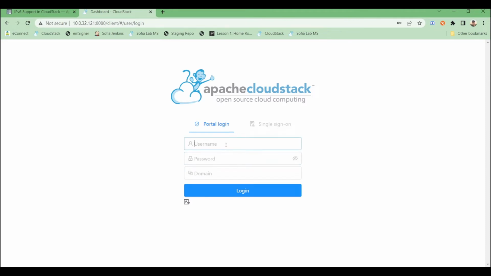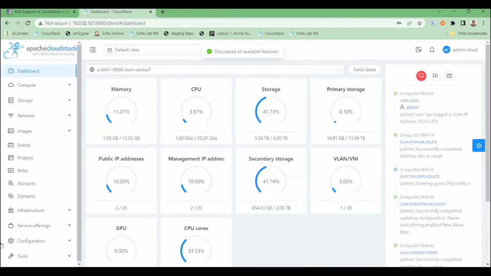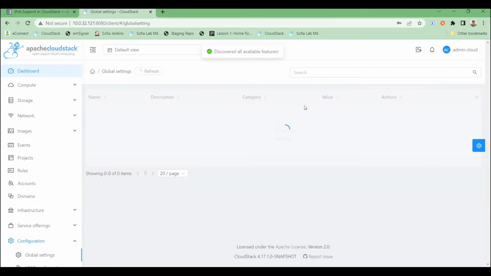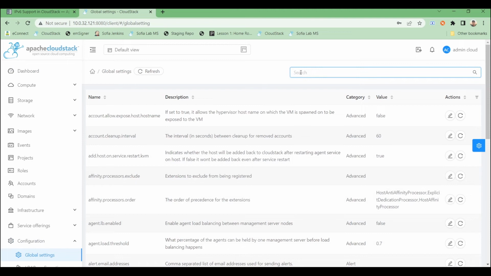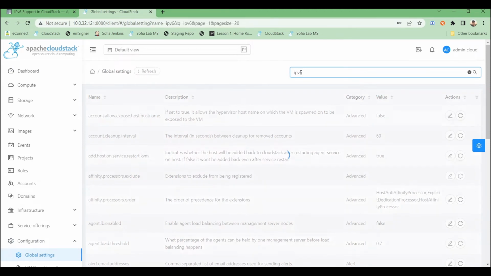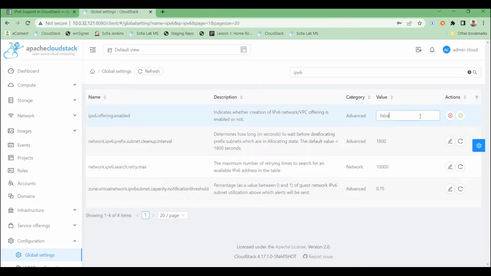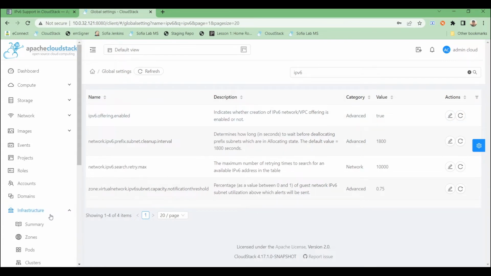I will log in as an admin first. I will go into configuration section and update the configuration. We'll set it to true. This will allow me to create new IPv6 supported offerings. Then I will go into my zone